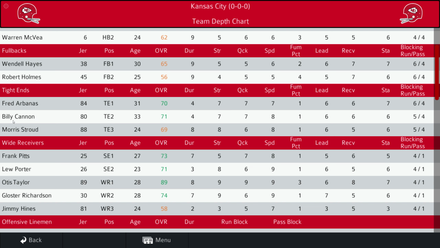He was playing for the Houston Oilers that won those AFL championships in the early 60s. Ended up playing a little bit with the Raiders, and then wrapped up his career here with the Chiefs. Morris Stroud, the towering tight end,